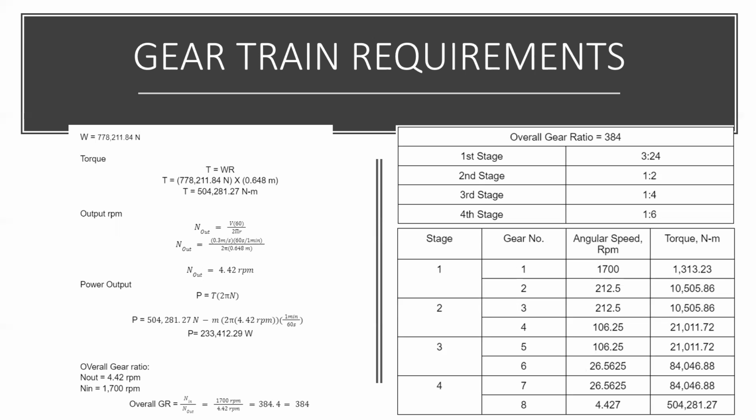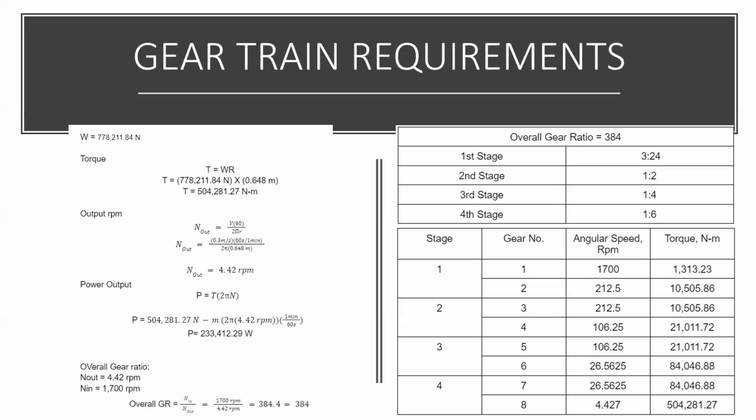I'm Jan Racho, and these are the computations for the gear requirements. We have the load to be 778,211.8 newtons. Following the formula, the torque is equal to the weight times the radius of 0.648 meters, so we will get a value of 504,281.27 Newton meters. Also, we have the output RPM to be 4.42 revolutions per minute, and the power